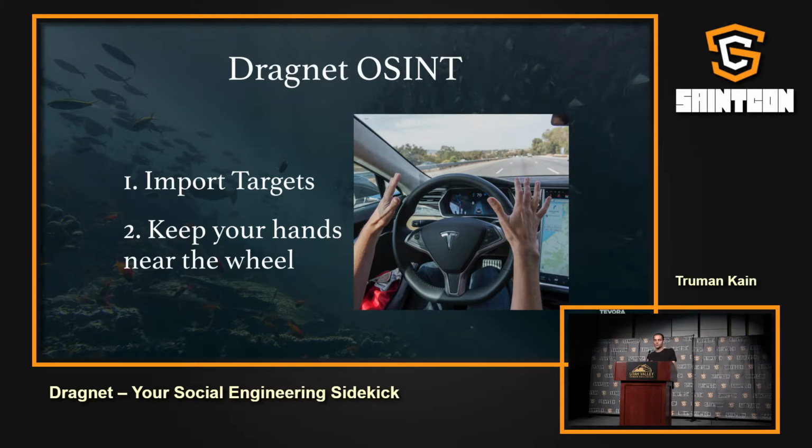Once OSINT begins, sometimes you're going to get people at certain big companies that have the same name and potentially the same job title, if you're adding an extra third column with job title. So let's say the same company, same name, something's going to pop up on Dragnet. It's going to ask, which person do you mean? Because if OSINT begins on the wrong person and they convert on the email that you sent them, it's going to skew the model that you're training. That's why you keep your hands near the wheel, so that you can choose who you want to move forward with the OSINT on. That way, the model is not going to get skewed if this person converts.